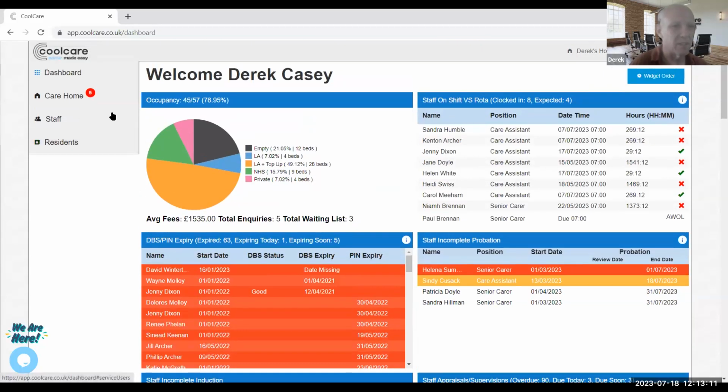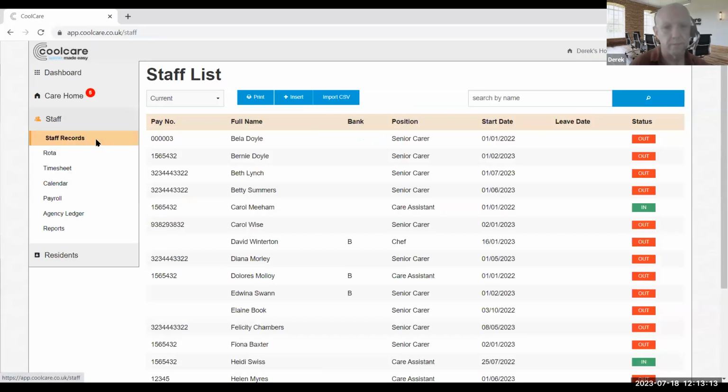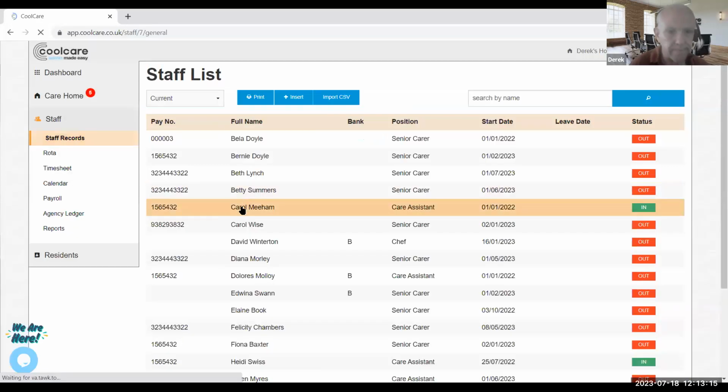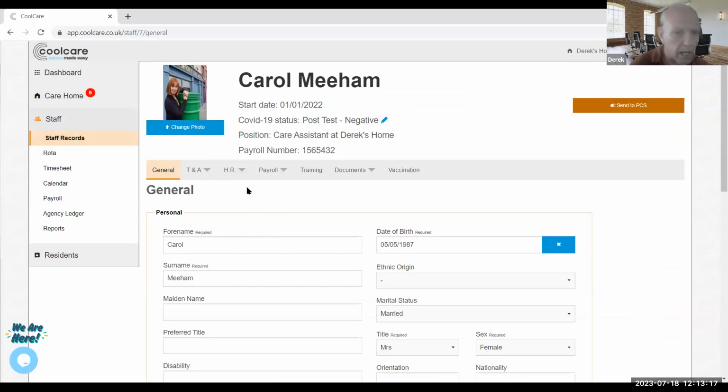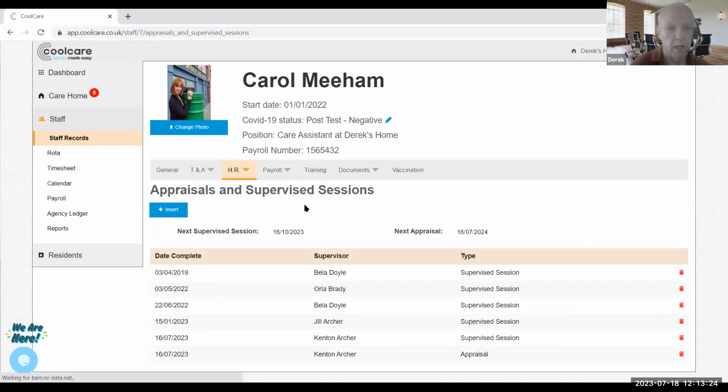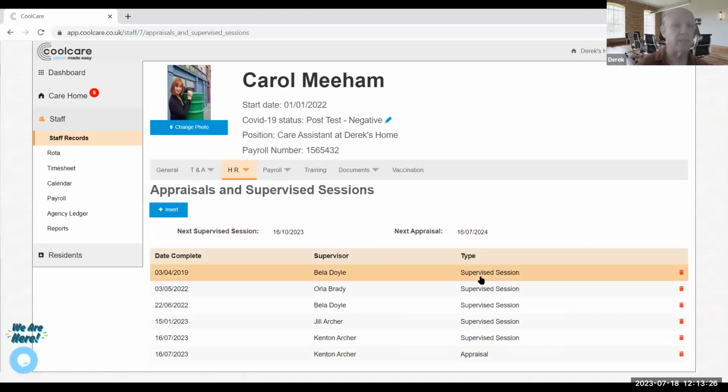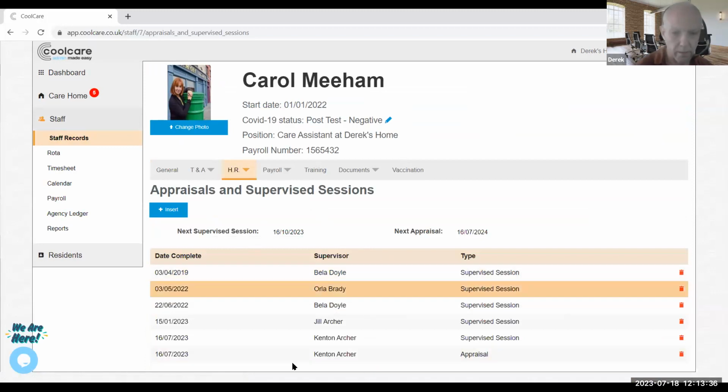If I go to staff record, we go to Carol, and we go to HR, and there's appraisals and supervisions. Click on that. And you can see here, she's had previous supervision sessions entered, and she's had appraisals. So the one we just, that she said was overdue, but is the appraisal. So what I'm going to do is, oh, actually, is it? Let me go back. Let me go pick someone. Let's go back to our